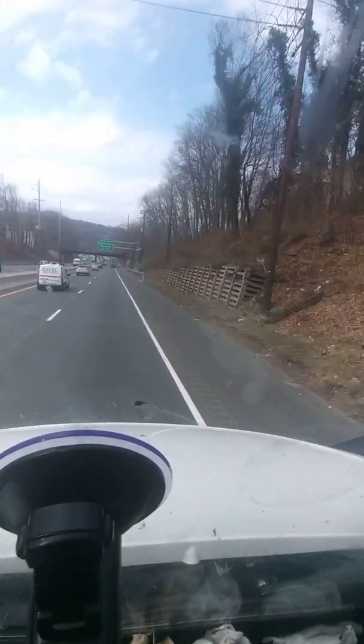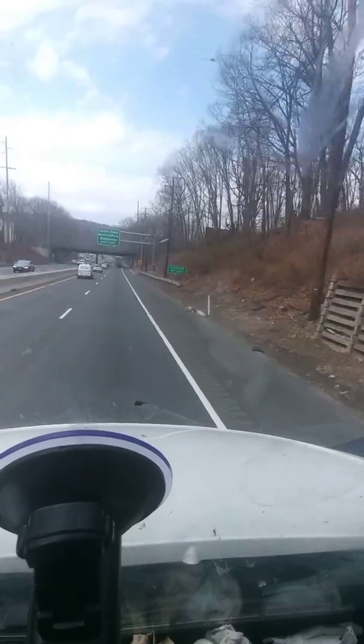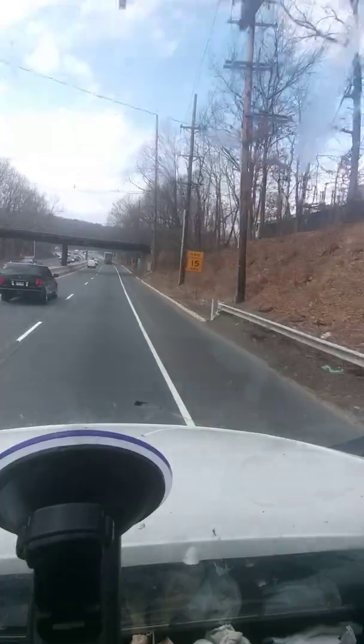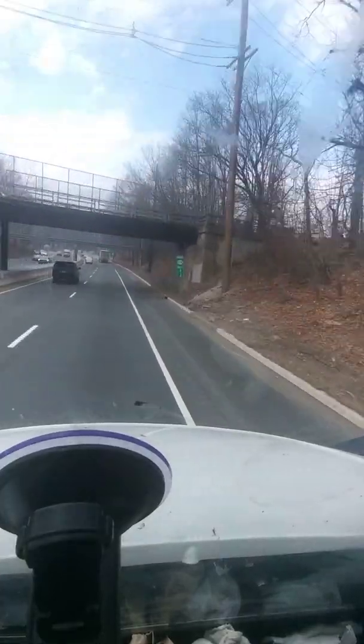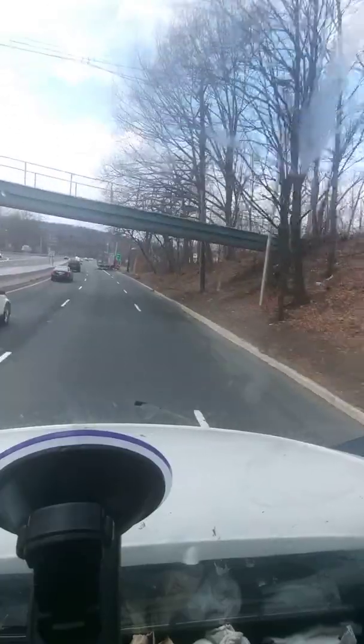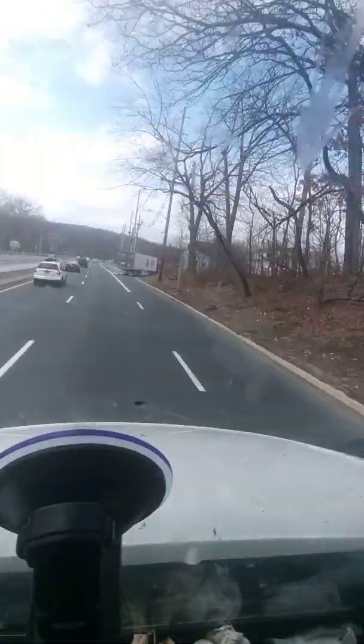And plus, you see this truck in front of me? Look how much clearance he got as he went up under. That's how much clearance I'm gonna have. You always look for the other trucks, you know what I'm saying? If push comes to shove, let them be the